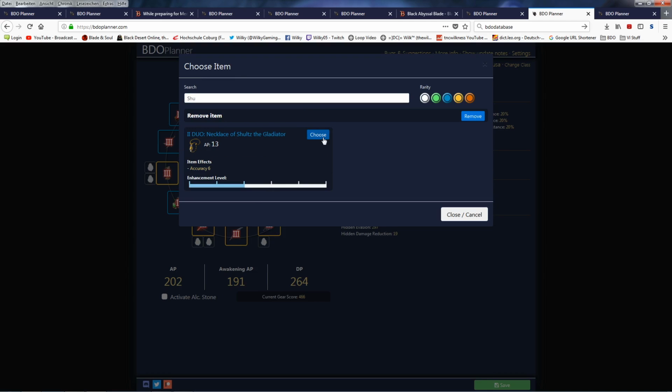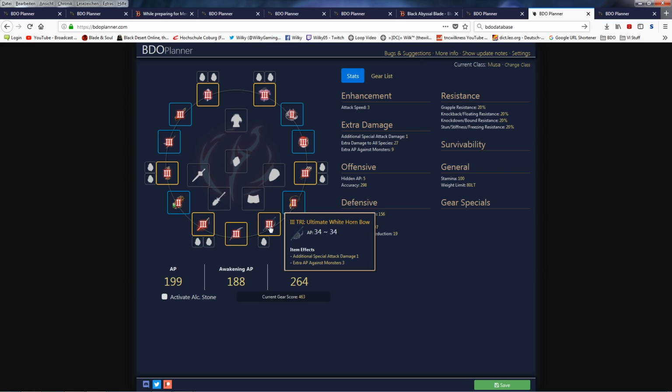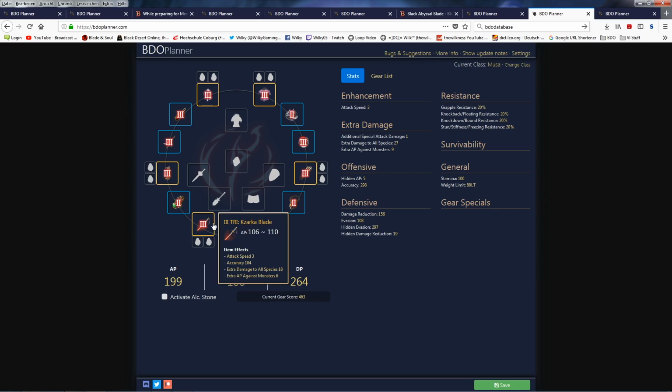Getting it to try is quite a bit of a pain, so duo, Azula has 11 AP. I'm not really a fan of the Schultz necklace, so personally I'd recommend going Seraphs. But that's it. As I said, still AP offhand, Green Awakening Weapon. And if I were to rate the boss items in terms of priority, Zarka is by far the most important